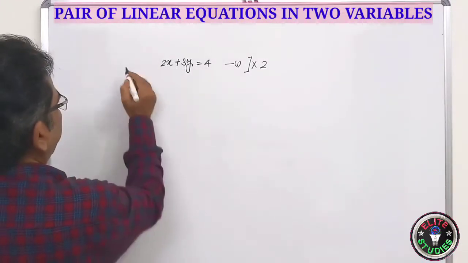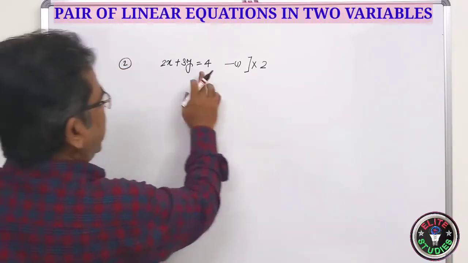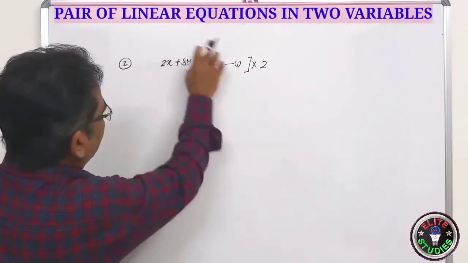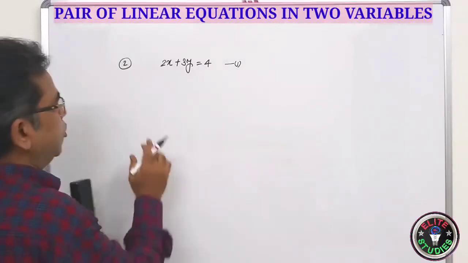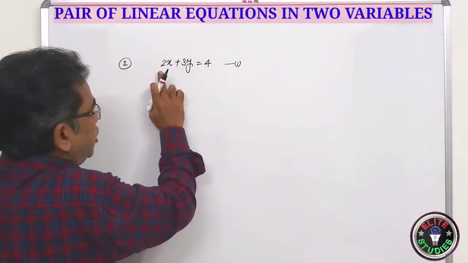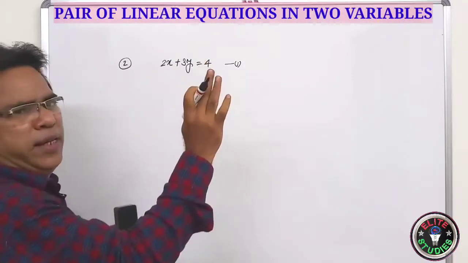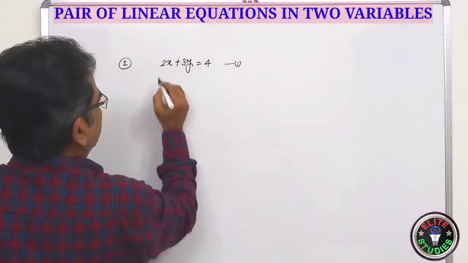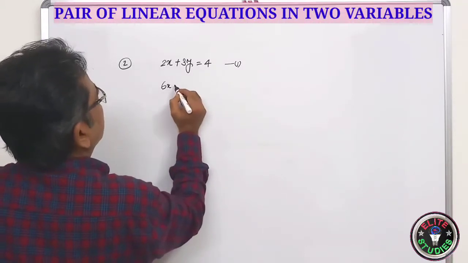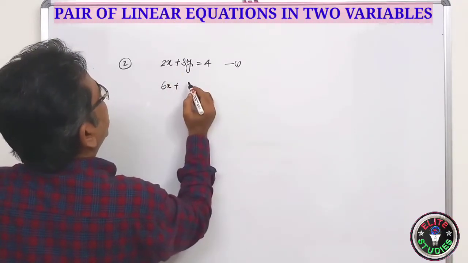Now 2, here we have multiplied the whole equation by 2. Now in this case what we will do, we will only multiply these two by any number you like, any number. Suppose we multiply these two by 3. So it will be 3 2 is 6 plus 3 3 is 9y